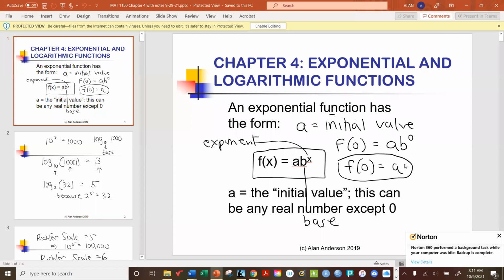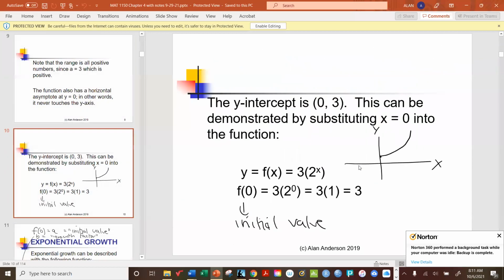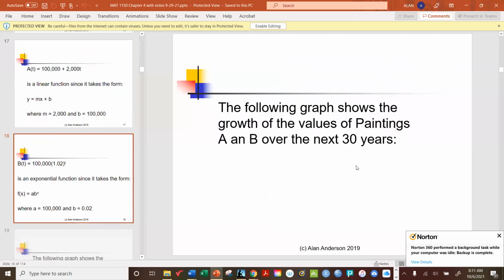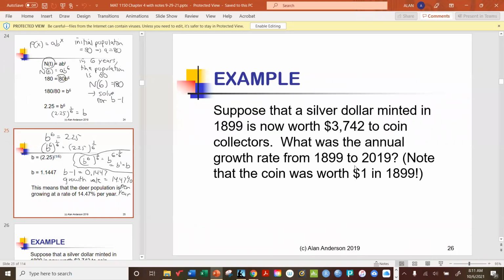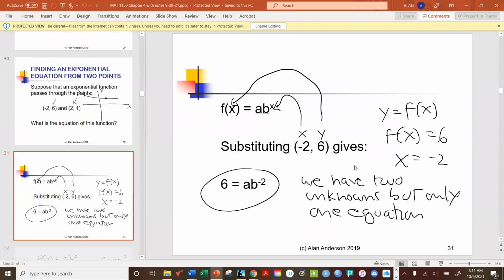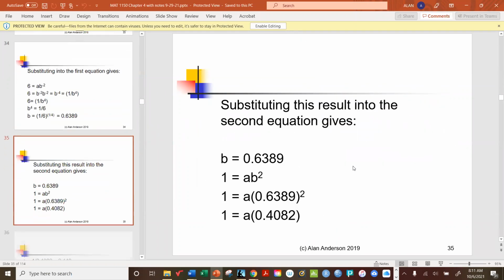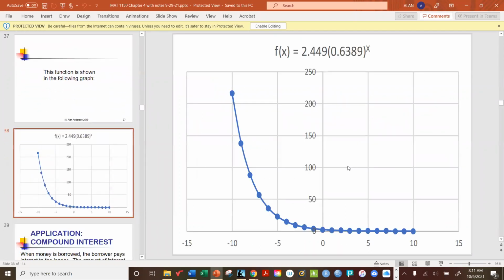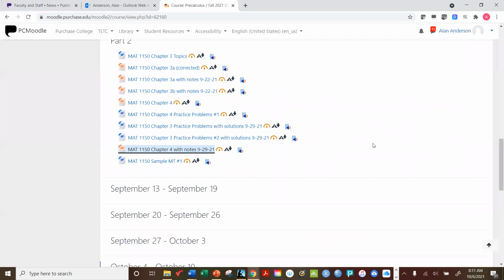Exponential logarithmic functions, which we started, but we of course did not finish. We have quite a few interesting applications to look at. And if we finish this, maybe we'll take a peek at chapter 5, but I don't know if that's going to happen. So in the meantime, why don't we start today by watching these videos, and then we'll go